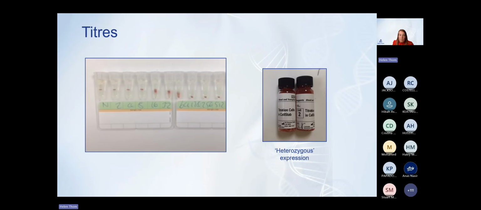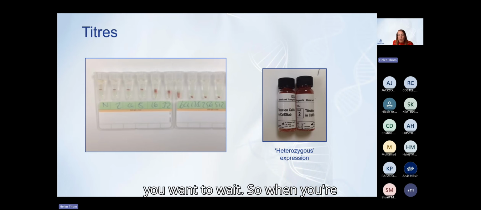But for this one, and these are an actual photo of a case from when I was in the laboratory, this is a really strong example. You can see in your neat dilution, you've got that 4+ reaction. Even in the 2 and the 4, you've still got a 4+ reaction. Even in the 8, so when you've diluted it, a titer of 1 in 8. When you get into 16, it's starting to weaken there. Up at 32, it's still quite a strong example of antibody. But if you look at 64, I would say we've got a good 2+ there, and there's a slight fleck